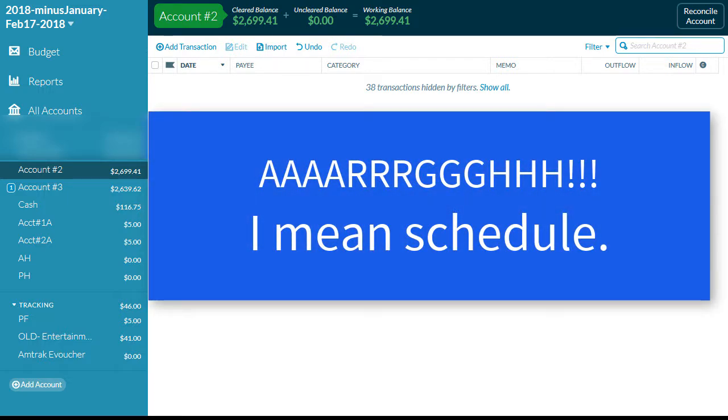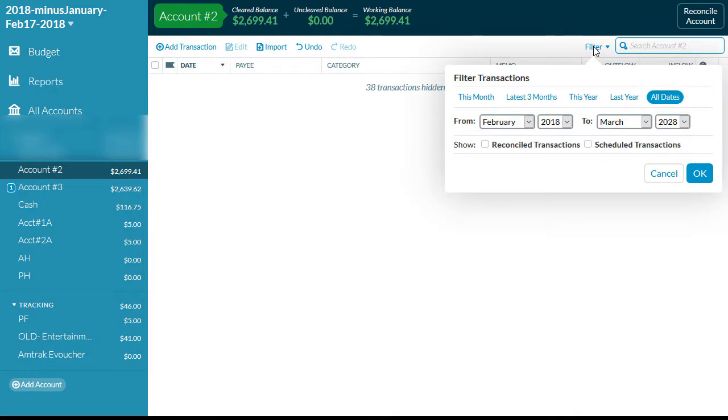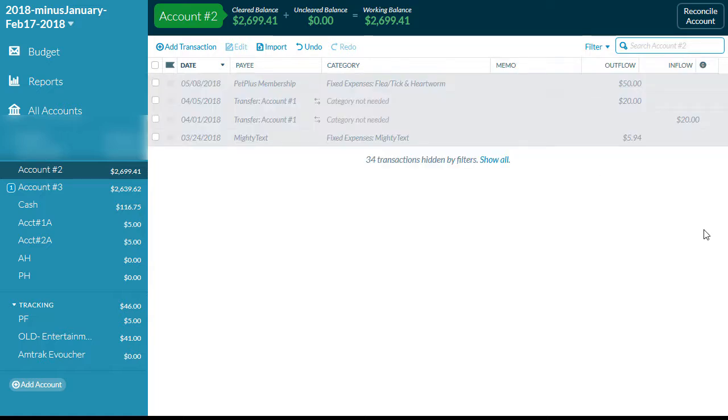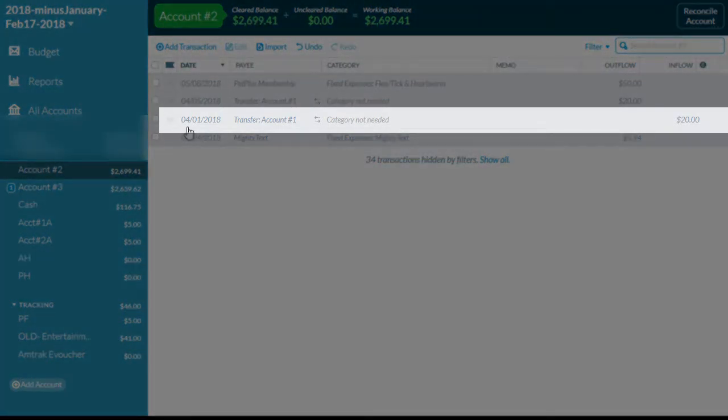Maybe I accidentally automated it twice, just didn't realize I did it. So I'm going to go back to the filter and look for my scheduled transactions. And when I look, I see that there's only one. That's April 1st. That's the next one because when I have a scheduled transaction, it repeats at the time interval I've